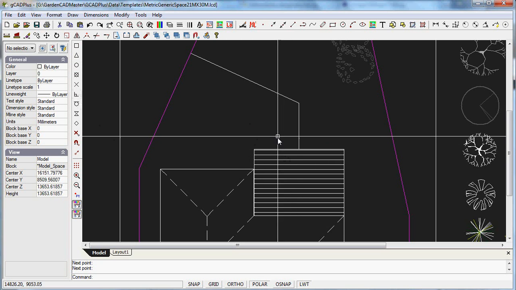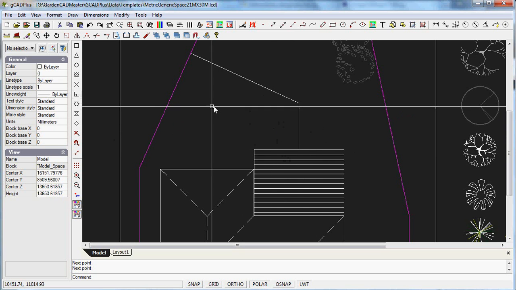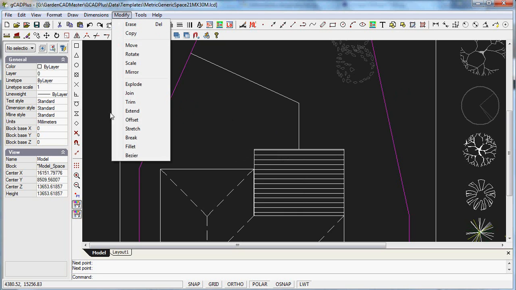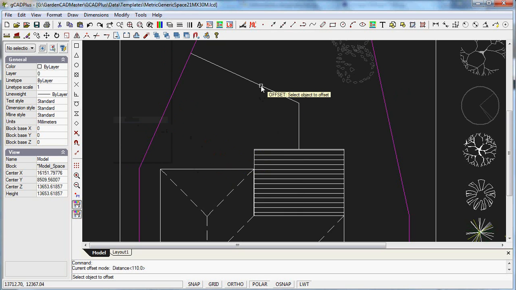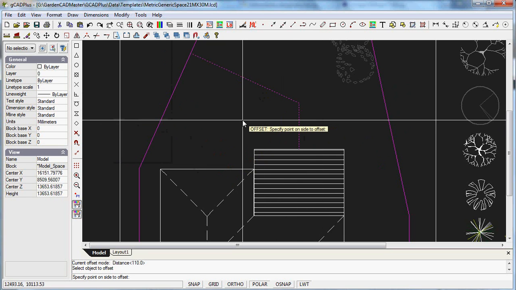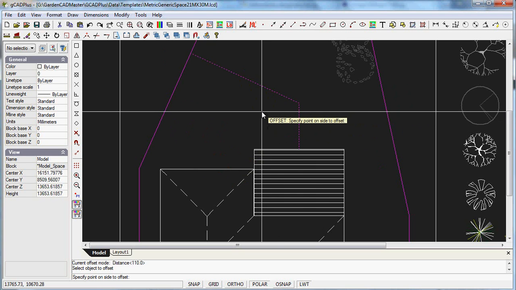Now what we'd like to do is to make that path, let's say 1200 mil wide, so we can go modify and offset, and we're asked to select the object to offset. It's the polyline, and we want to specify a point on the side to offset, so we'll indicate under the